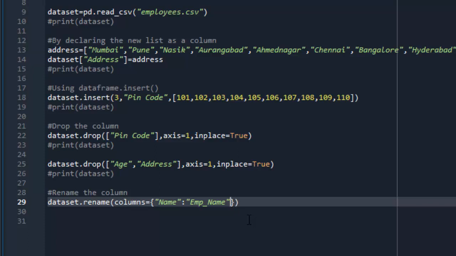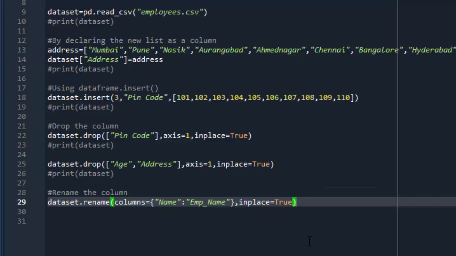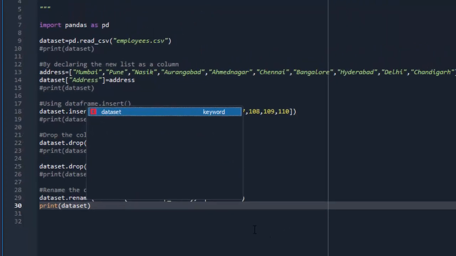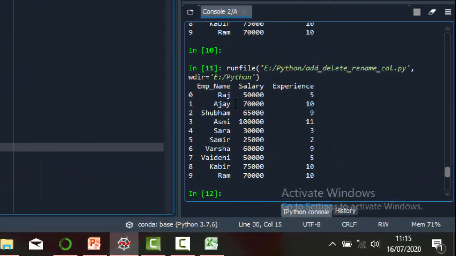So I have passed it as the key value pair, and separating it with a comma, the next parameter is inplace equals True. Now print the data set and run the code. So here in the output, it is showing the new column name, that is instead of name, it is showing the column name as employee underscore name.